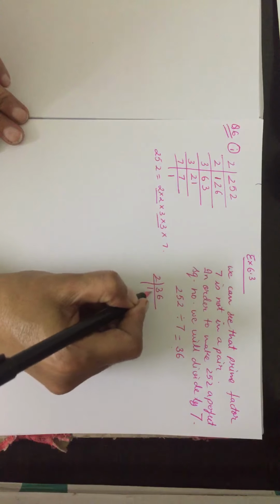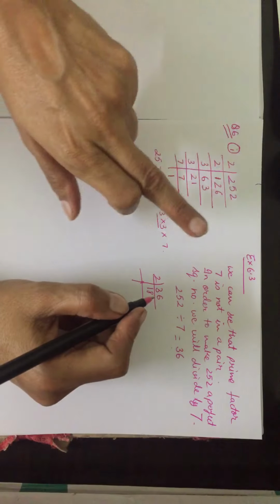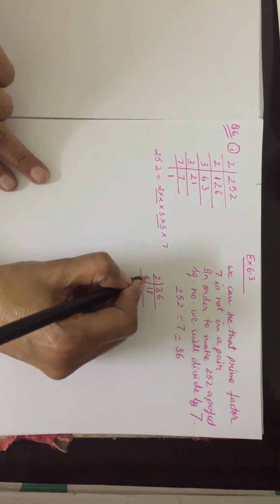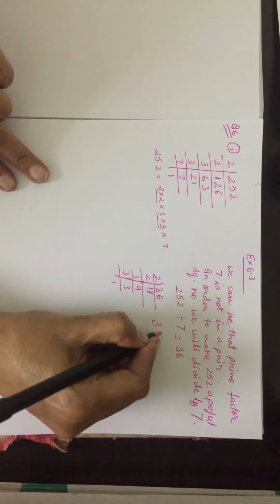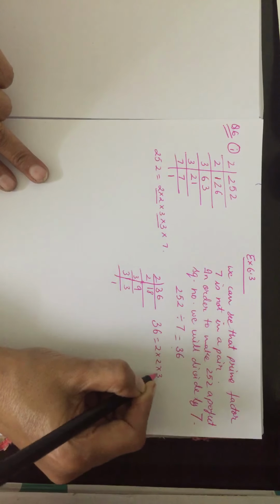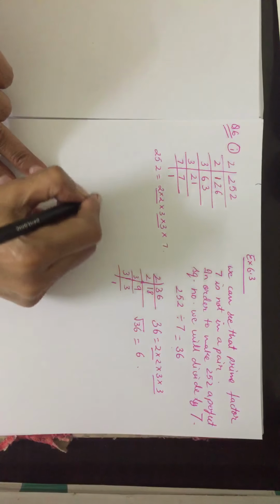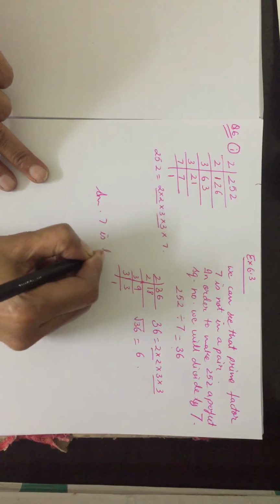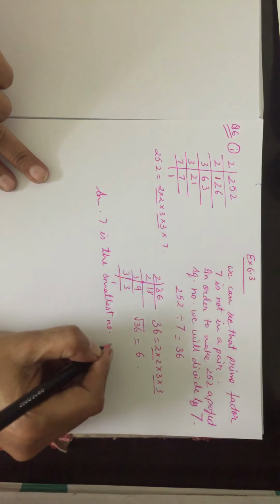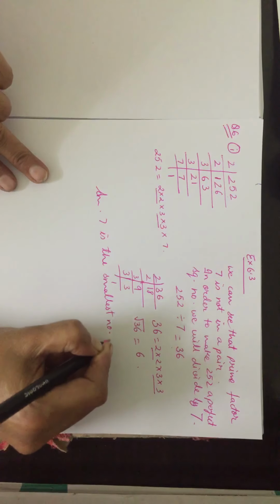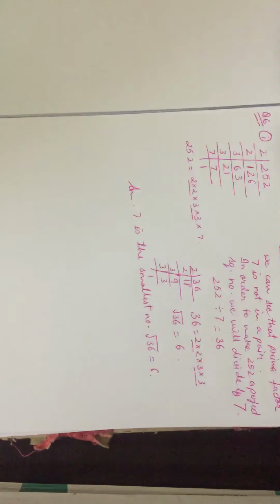But even then I am telling you, because in the question they asked you to also find the square root of the number so obtained. 2 eighteens are 36, 2 nines are 18, 3 threes are 9 and 3 ones are 3. So what are the factors of 36? 2 multiplied by 2 multiplied by 3 multiplied by 3. Make the pairs. So the square root of 36 is 6. So how will you write the answer? 7 is the smallest number and the square root of 36 is 6. Is that clear? In this way we will do the question.